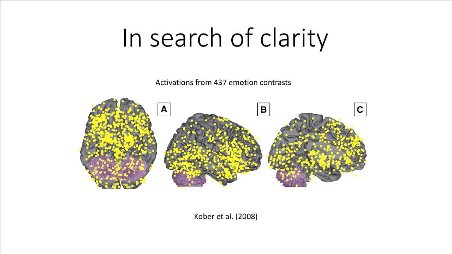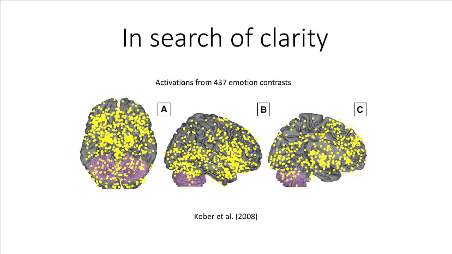But if you just look at what actual fMRI data looks like, at least coordinates, it very often looks like this. This is from a paper by Hedy Kober and Tor Wager 10 years ago now. It's a meta-analysis of emotion studies, 437 emotion contrasts, I think something like 150 distinct studies. And if you just threw this up and looked at the raw data, you might be tempted to say it's basically uniform, right? It doesn't look obvious that there's structure there.